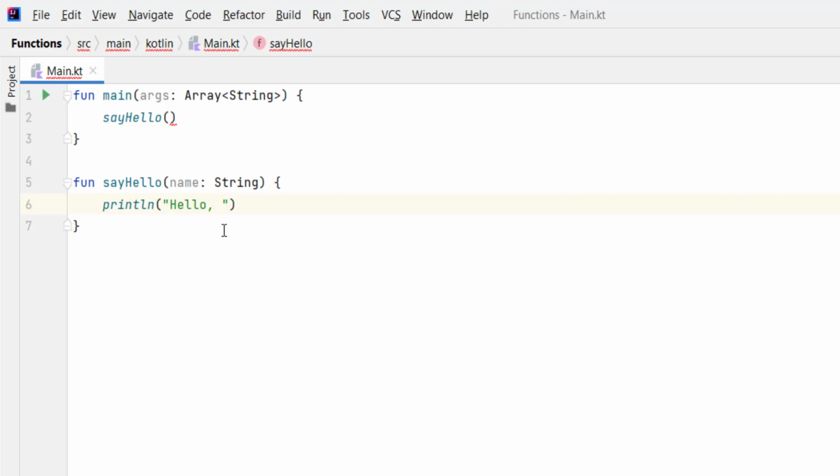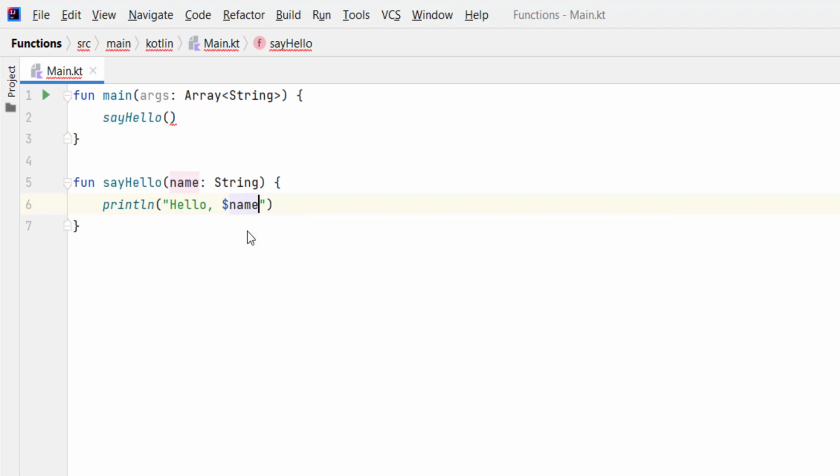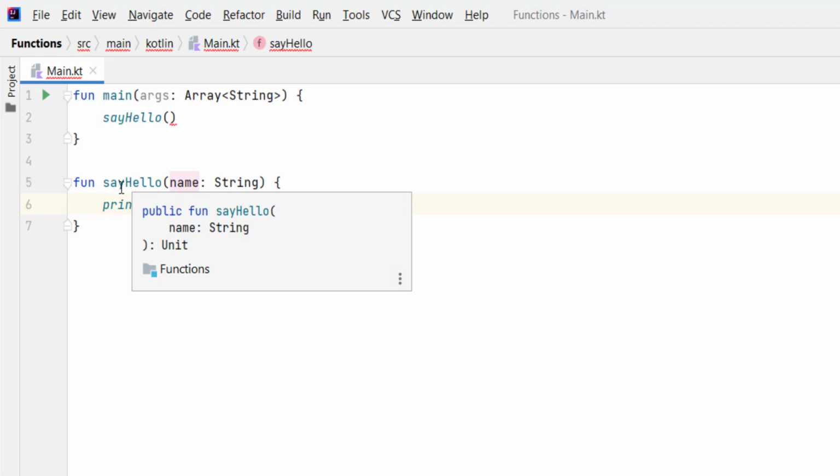Let's refer the parameter name. So put a $ sign and start typing name, and you can see that it has this P for parameter, and press enter. Now what is going to happen is that this sayHello function is going to be called, is going to be